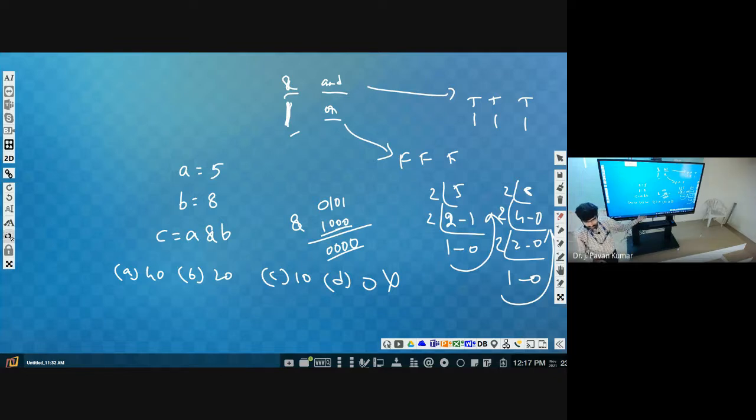Now, whenever the a value is given as 15, with the same question, what will be the answer?